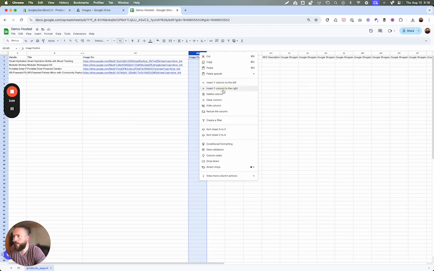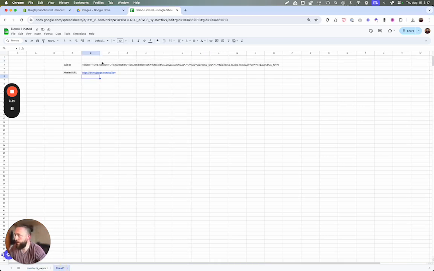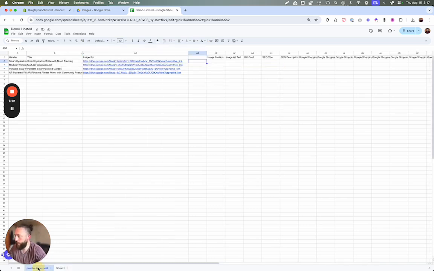So the first step we need to do is we need to extract the ID. So you could go through and extract all the IDs individually, but I have sort of a fancy little formula that I like to use for this. So if I come back here and paste this in here, all I have to do is make sure that this first substitute points at the right spot. And all this is doing is it's